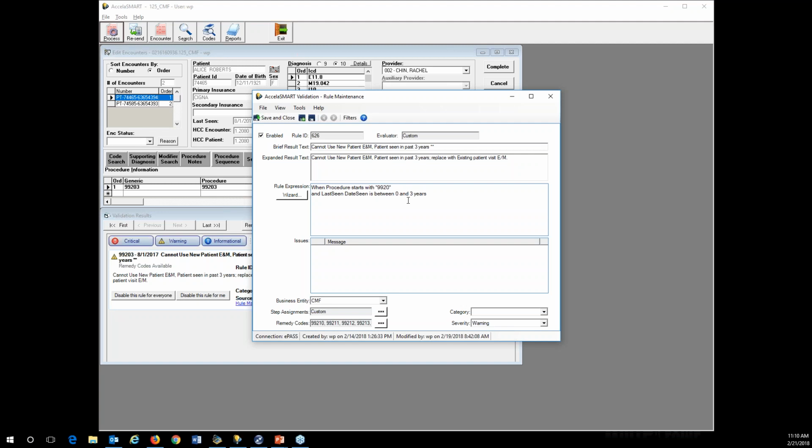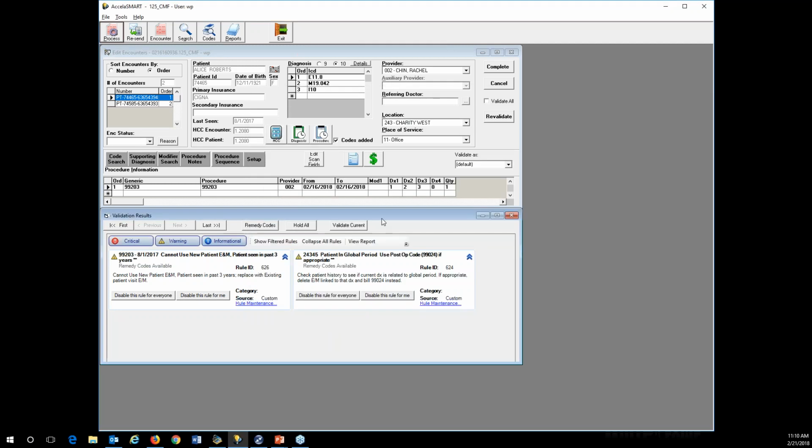So this is telling the user, hey, this isn't a new patient. We need to change that to an existing patient visit. All right. The second option that we've got down here is actually looking more at that global period versus the